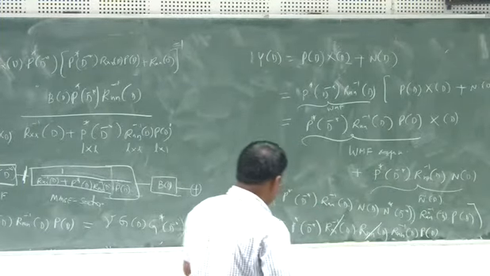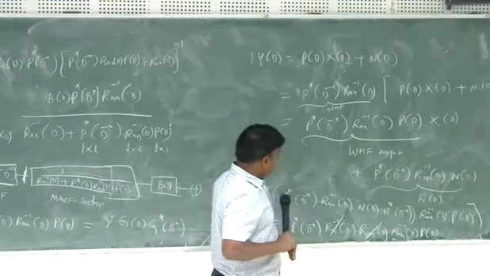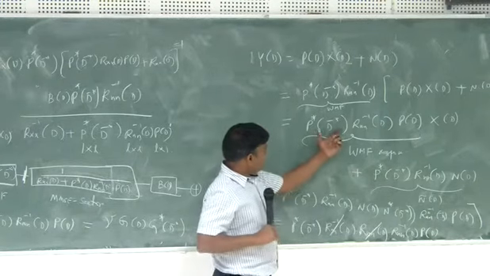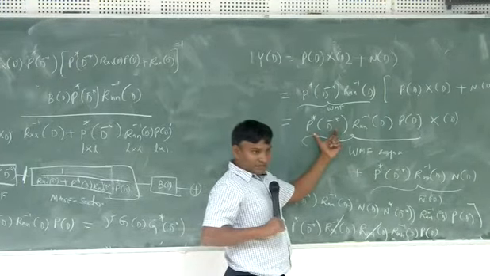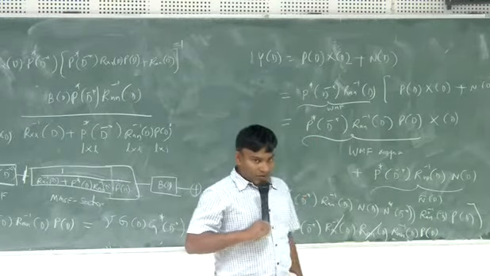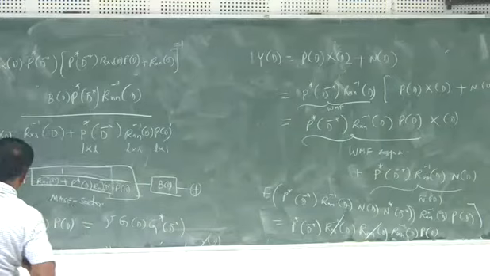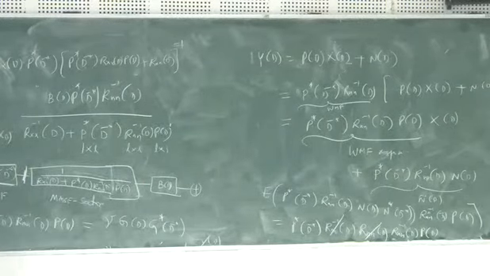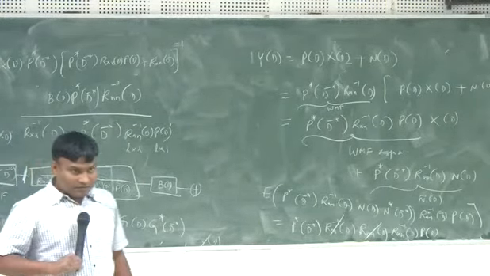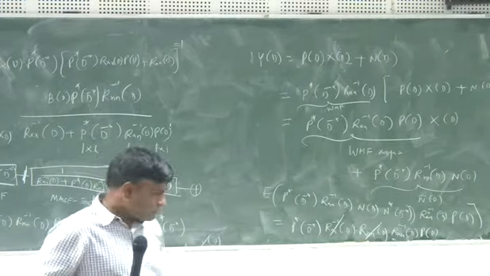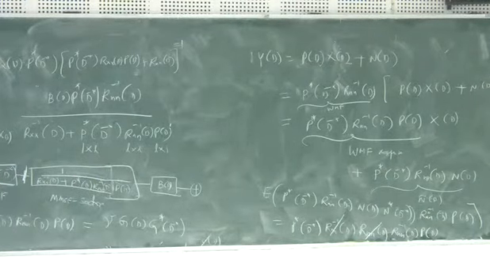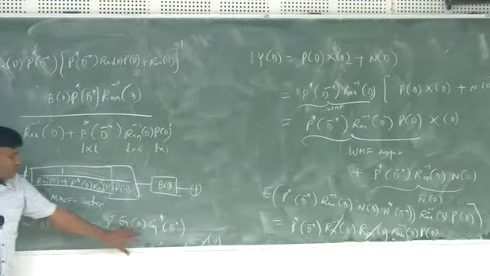Something here? The covariance of the noise is actually equivalent to the whitened matched filter response. The covariance of the noise at this point is equivalent to the... Okay? So if I just ignore this part, then I'm going to decompose this into a causal part and a non-causal part.